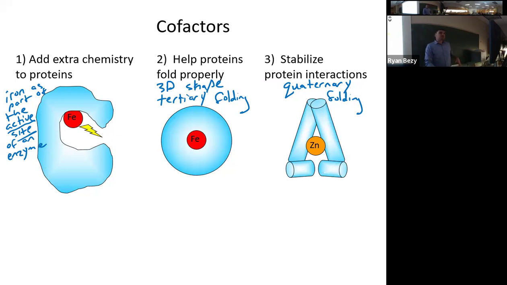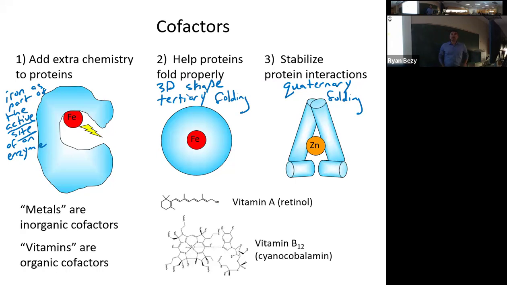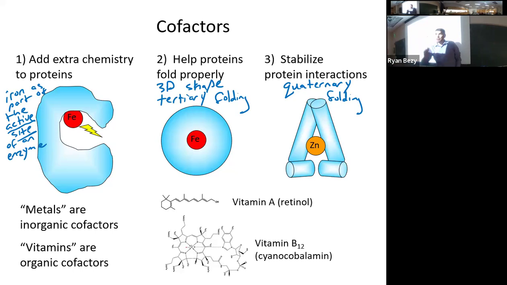By the way, metals like iron or zinc commonly are inorganic cofactors. You guys ever wondered why you need vitamins? Vitamins are organic molecules that act as enzyme cofactors. So things like vitamin A, B, vitamin K, they help some of the enzymes in our body function properly. Would it be wrong to think organic cofactors are also coenzymes?